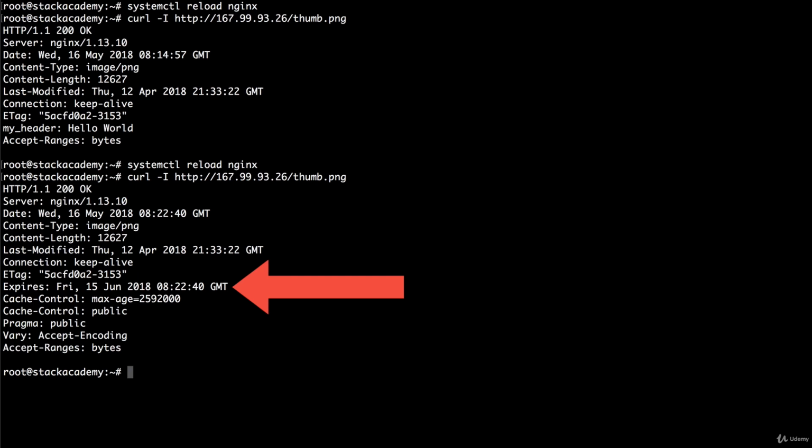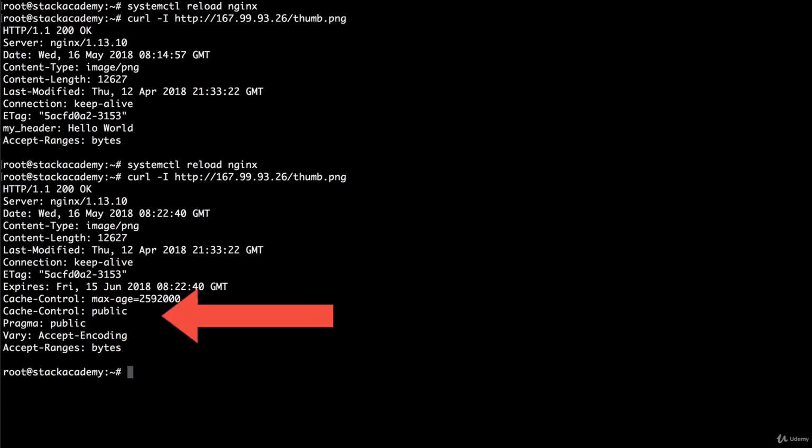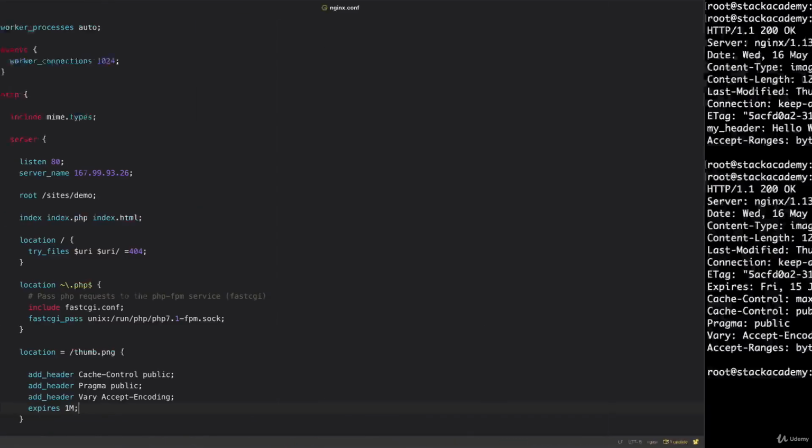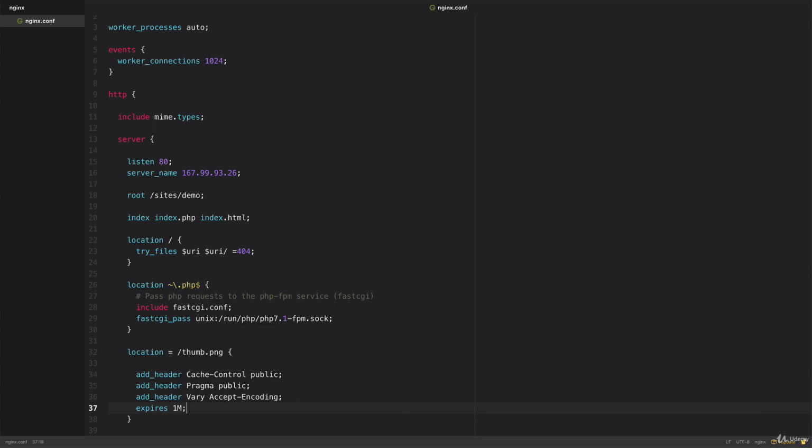we get an Expires header, with the date set to exactly 1 month ahead of this recording, including those additional headers we set, and another Cache-Control header added by the expires directive, max-age, with this being the number of seconds in 30 days, or 1 month, as we set it. This is essentially all there is to configuring Expires headers, and given these new headers, a browser will now cache this thumb.png image locally, meaning on the user's machine, for this amount of time, before requesting it from our server